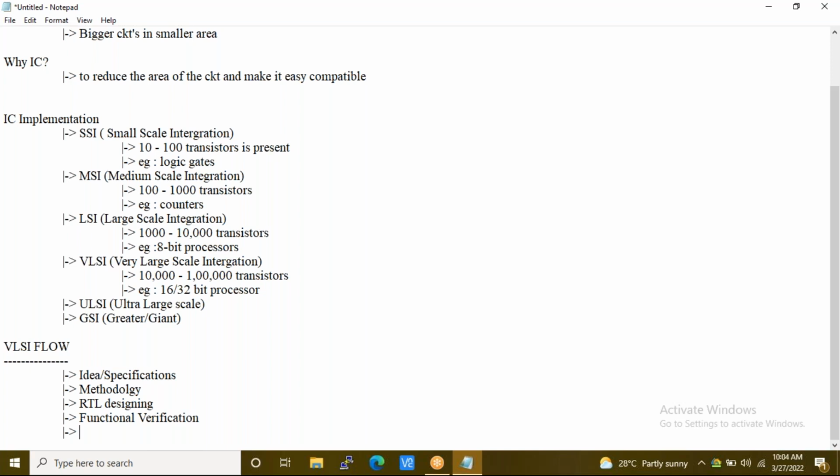Not only functionality, you are also going to be checking syntax errors, everything at this functional verification stage. Clear? RTL design, I'll just call it design, then functional verification. Till this stage, all I have is logical.